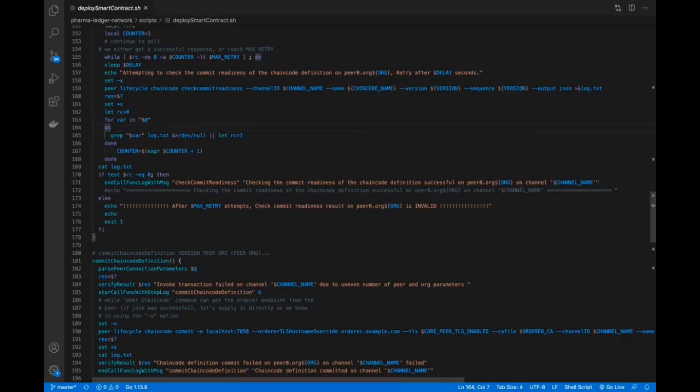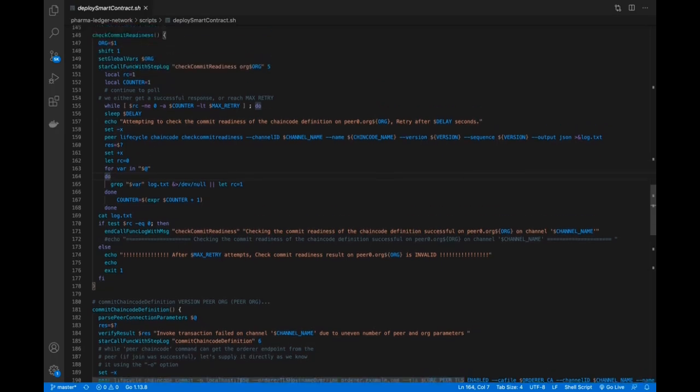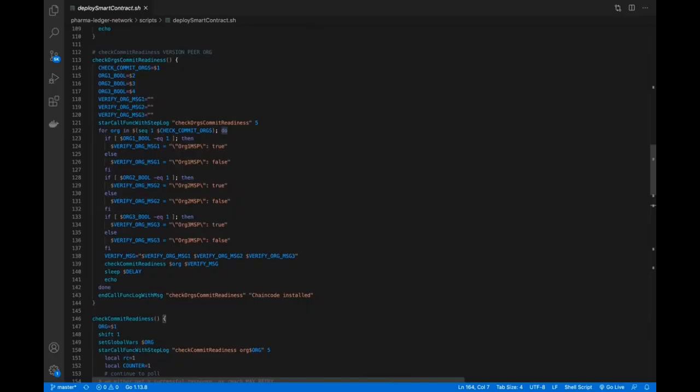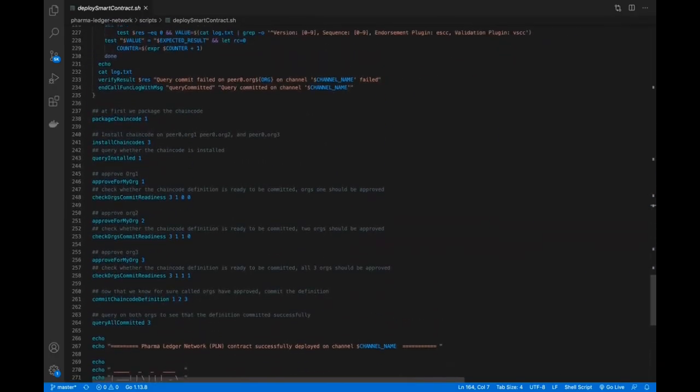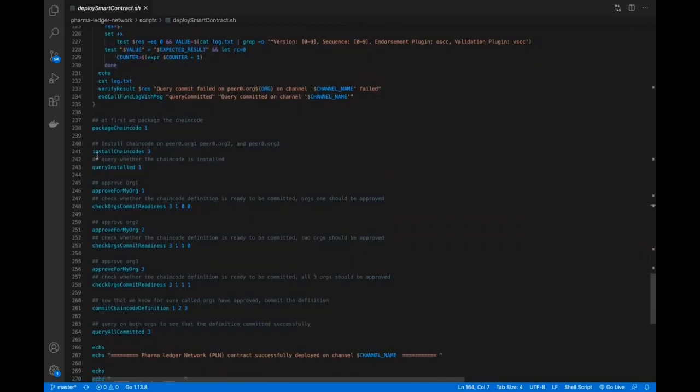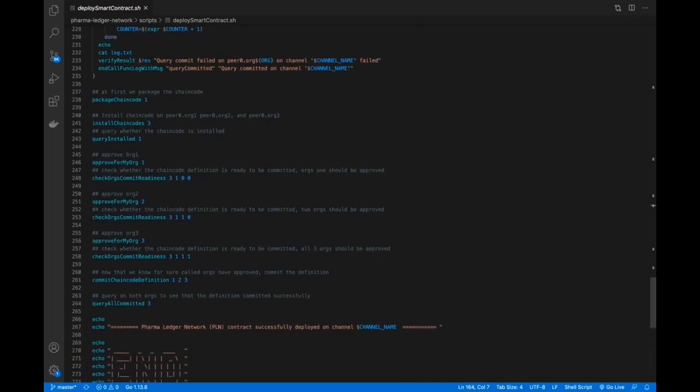lifecycle chaincode approve for organization command for both arg2 and arg3 as well, which is the previous command. After that, again we need to check. So let me go here. See here, you have packaged, you have installed, you have queried. After that, you have approved for arg1 and you have checked the commit readiness, which you can see over here in this log. And after that, again you have to do the same thing for these two as well,